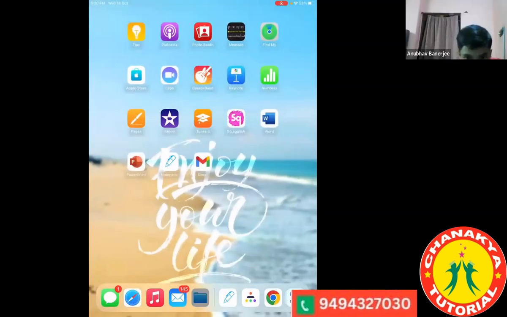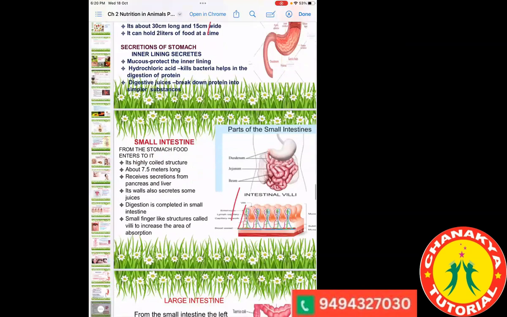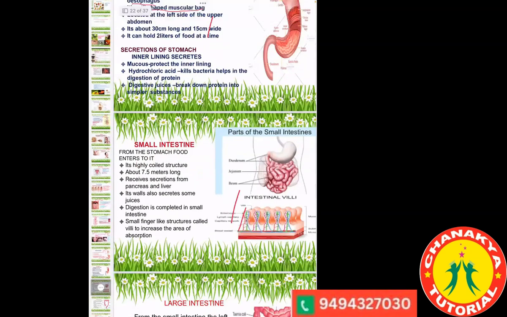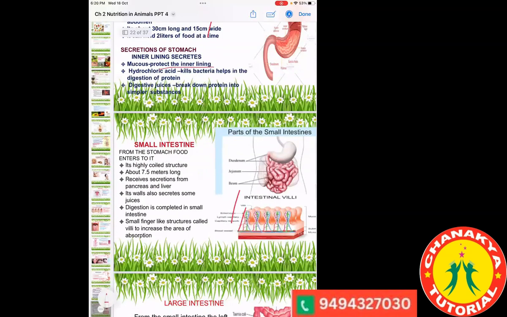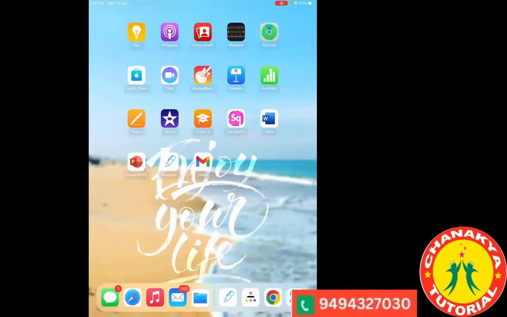Okay. Fine? Yes, ma'am. So mucus protects the inner lining of the stomach. So this mucus plays a very important role. It will be saving the stomach from digestion. Then hydrochloric acid will be killing the bacteria. And then the digestive juice will be breaking down the protein. The name of this is pepsin. So the name of the enzyme which breaks down the protein is pepsin. So that is what happens in the